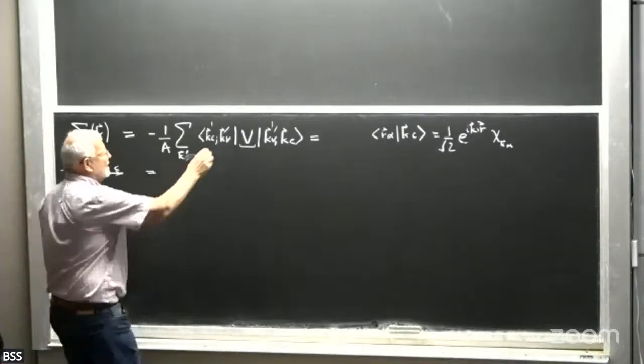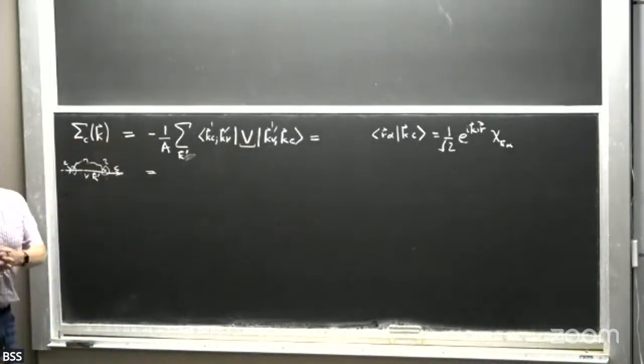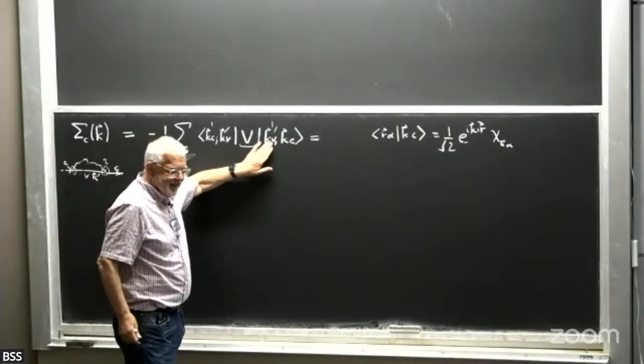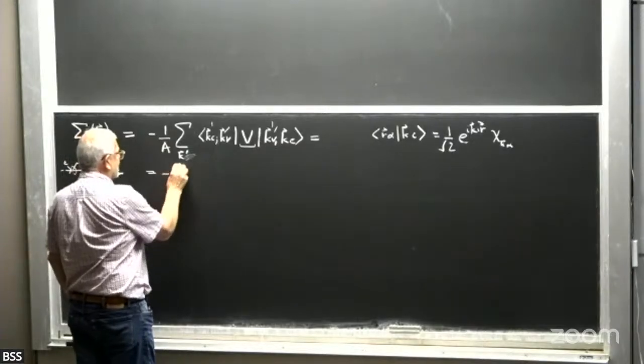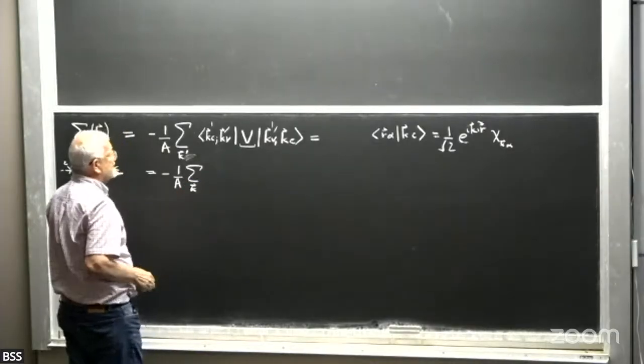Okay, so this Coulomb interaction, because we're assuming all the length scales are large, doesn't care what sublattice the electrons are on. It's just a 1 over r minus r prime interaction. So it does not act on the sublattice degree of freedom of these spinors, okay? And so what you get for the exchange interaction is